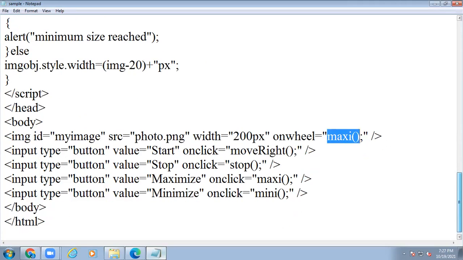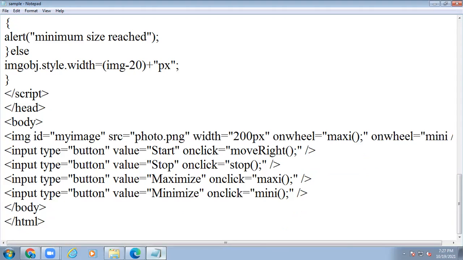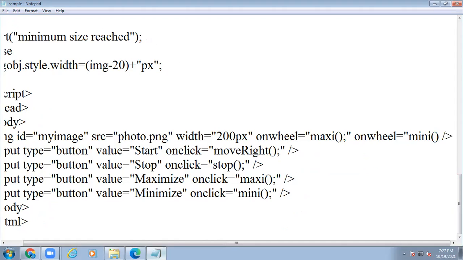If you want to minimize, simply use on wheel equal to the minimize function.